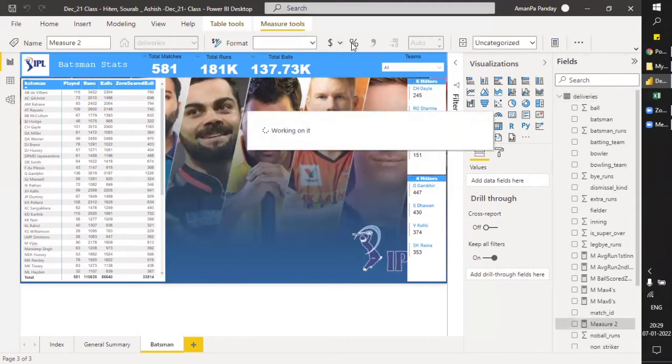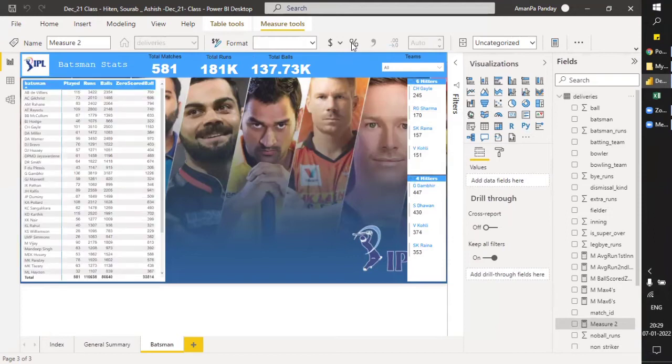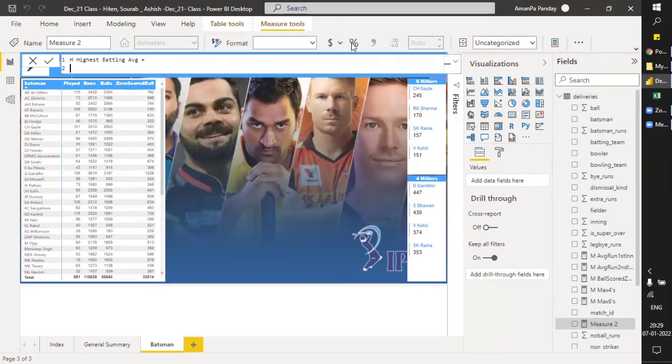For this we will be creating a DAX measure, highest batting average equals to. To insert a line, you need to click Alt, Enter. Alt should be on the left hand side. Now first variable.